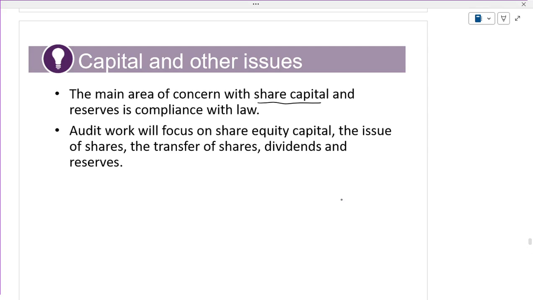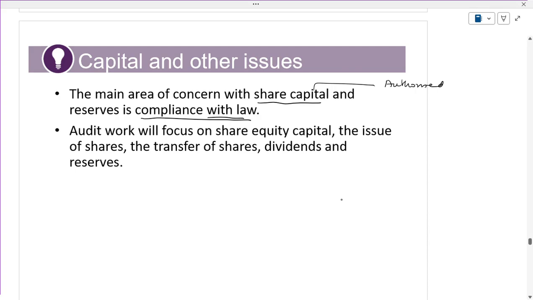The main area of concern with share capital and reserves is compliance with the law. When you are talking about share capital, you will have different levels. You will have authorized share capital, issued and subscribed share capital, and paid up share capital. The main area of concern is whether we are following the rule